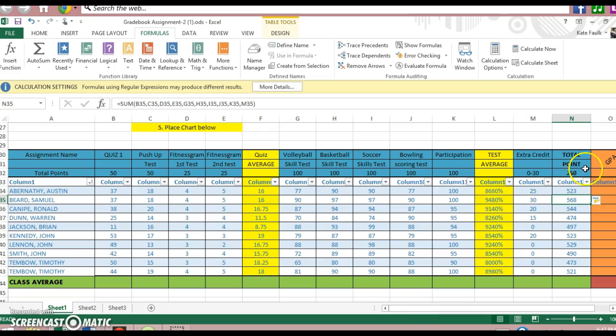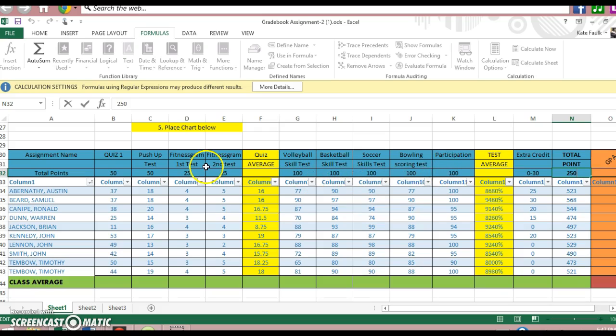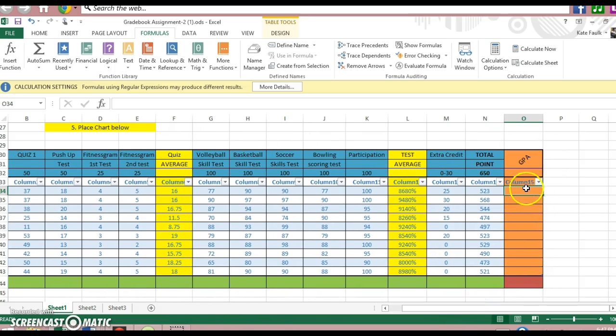Now right here it says 250, but I noticed this earlier. If you count the total points on all the tests and the quizzes, it actually comes out to 100, 200, 300, 400, 500, 650. So we're going to change this 2 into 6. Okay, now we're going to move back over here, and we're looking for